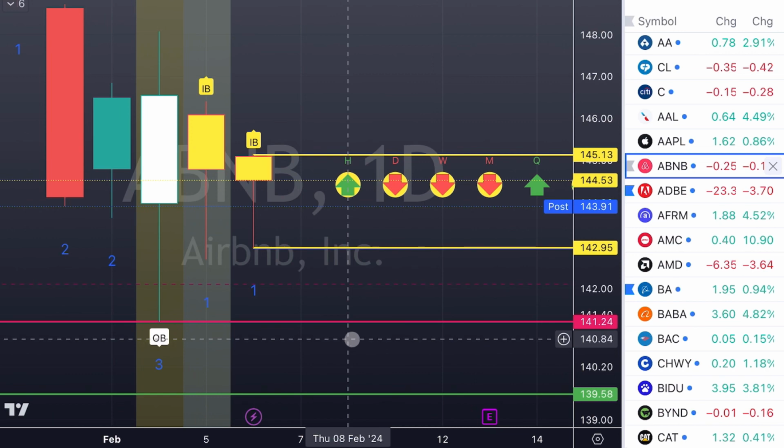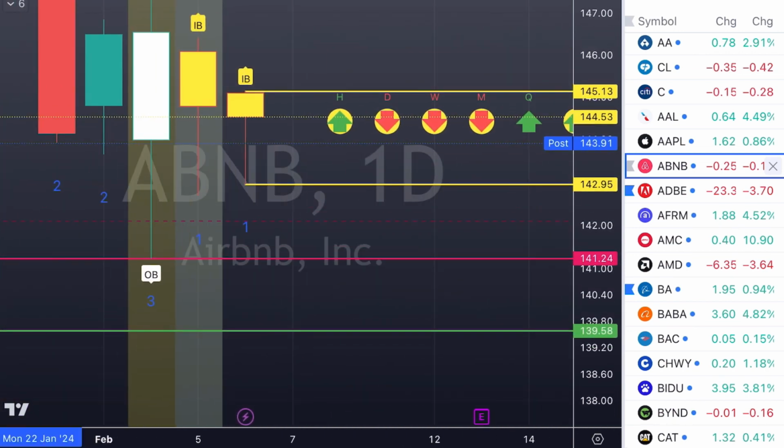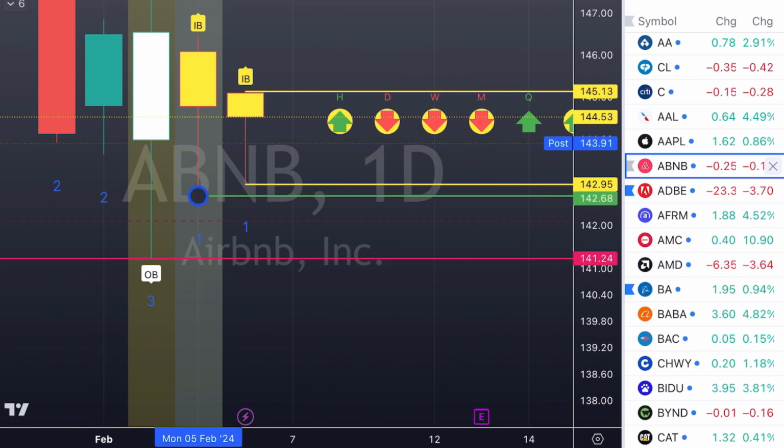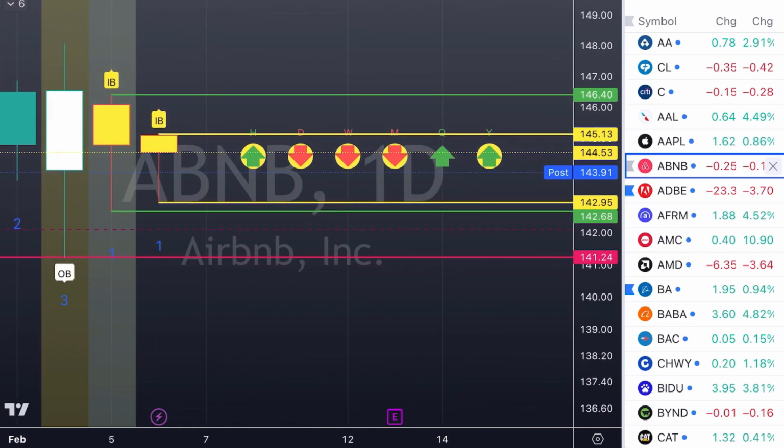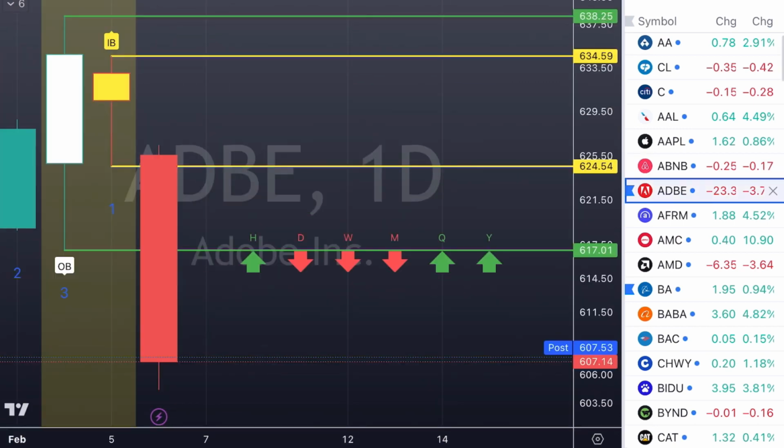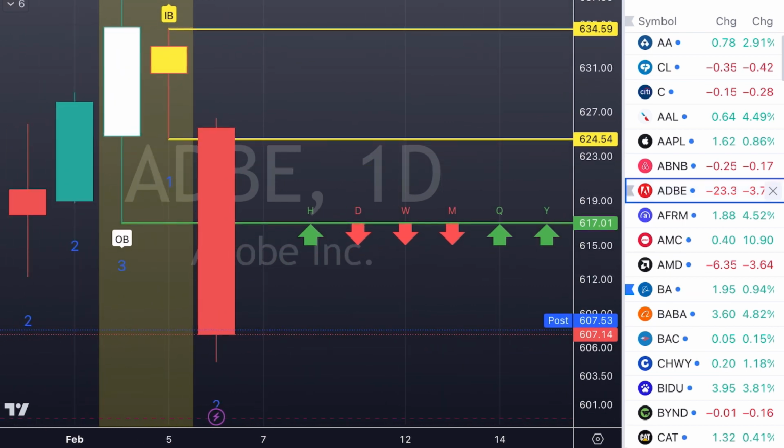That's all we're really looking at here. And then these pink lines are the weekly, and these green lines, I can move that up and make that our target, and we can clone that and make that our other target. That's all we're looking for. Okay, very, very simple. We move on to Adobe. Again, Adobe's not one I normally mark out, but look, this inside bar 3-1 setup, that was a setup I gave yesterday to you guys.